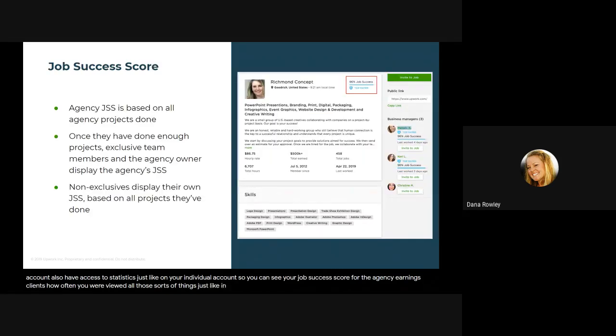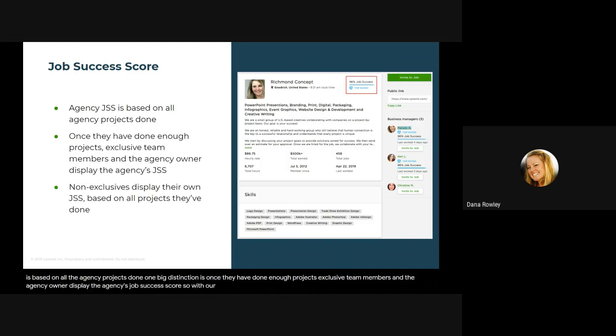Just like individuals, agencies get a job success score. An agency job success score is based on all the agency projects done. One big distinction is once they have done enough projects, exclusive team members and the agency owner display the agency's job success score.